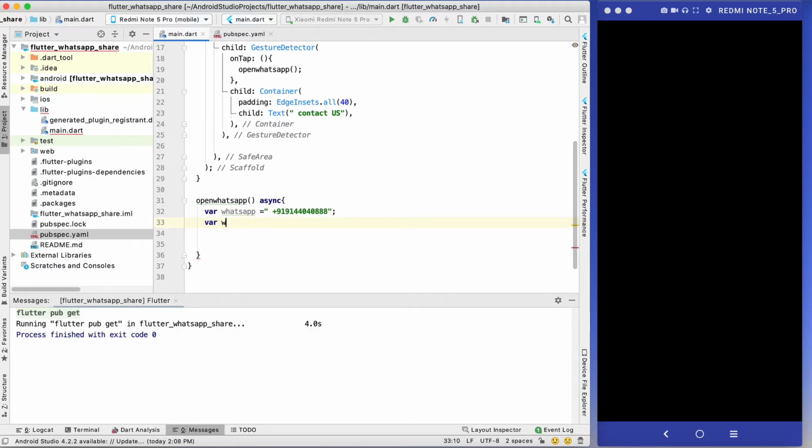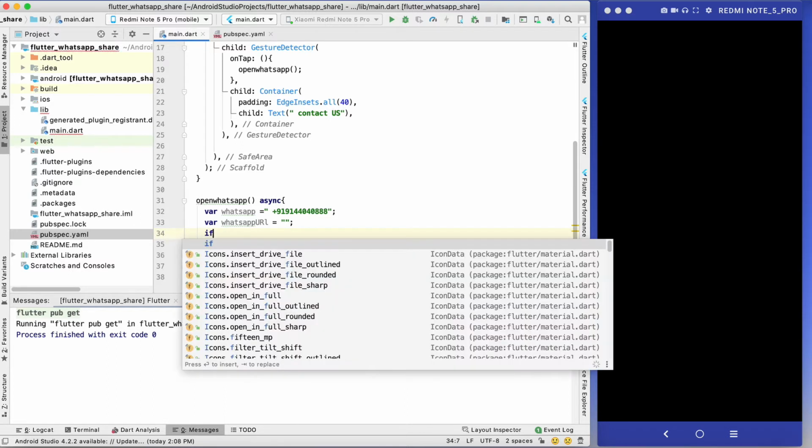Now I am going to create a URL. So var whatsappURL. This time I am using WhatsApp web. There are actually two cases: first is Android and second is iOS. So first we need to detect which platform we are using, Android or iOS.